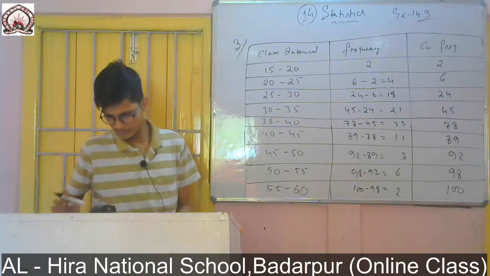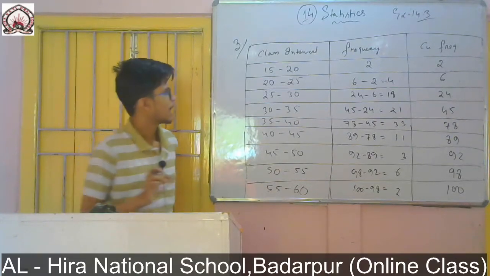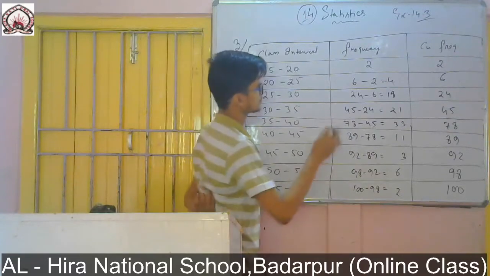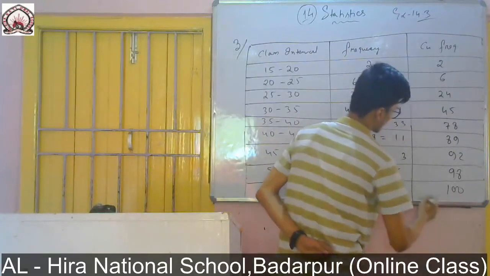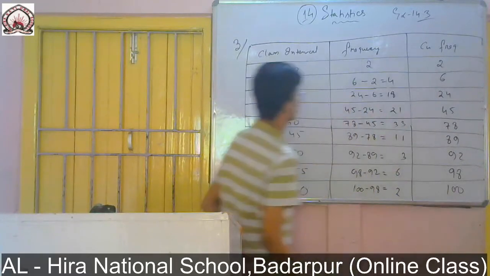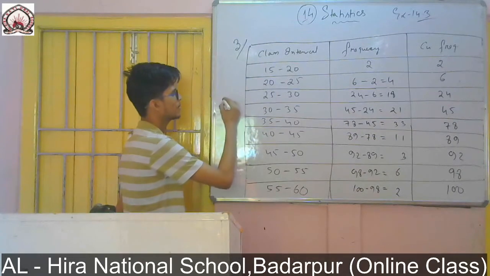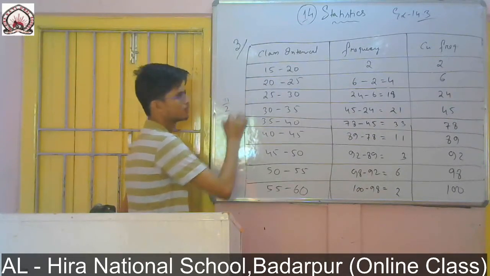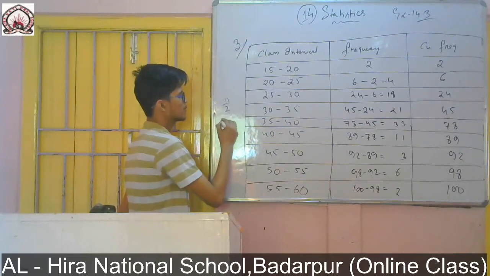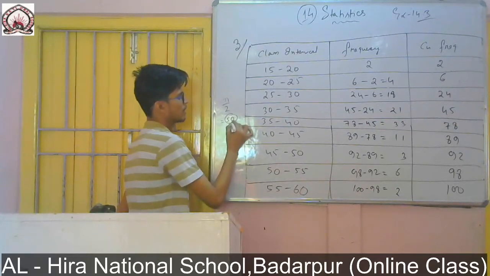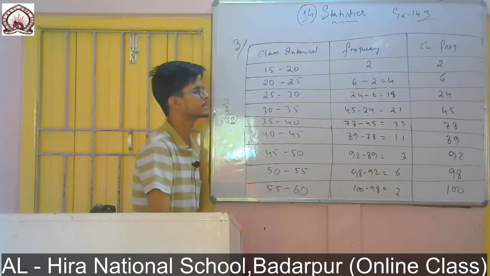So here, median is not given. You see how many values are there? N is 100, this one is the total. So here n is equal to 100. First of all let me find half of 100, then I will make the table. You see n by 2 is equal to 50. So I have to find the cumulative frequency which is greater than 50.